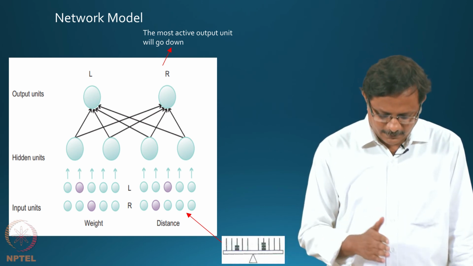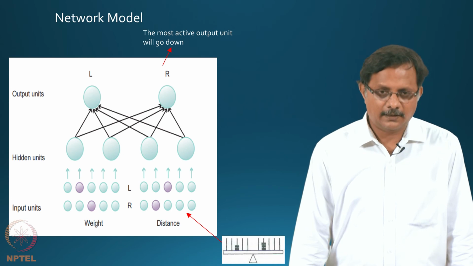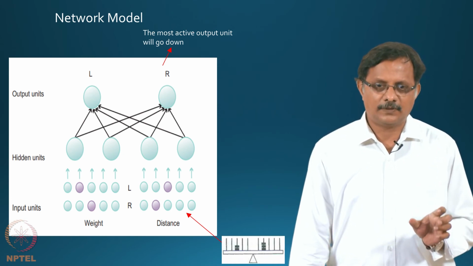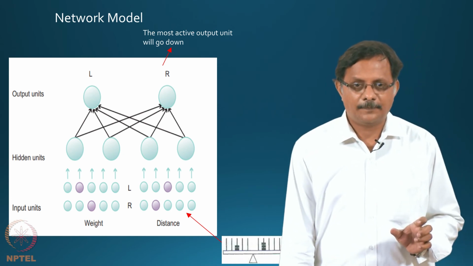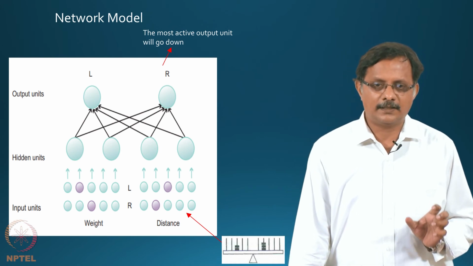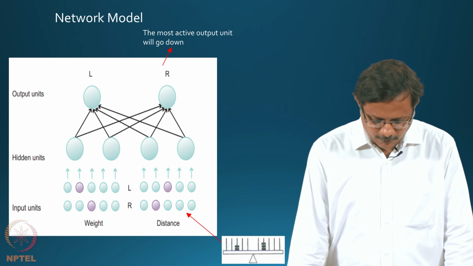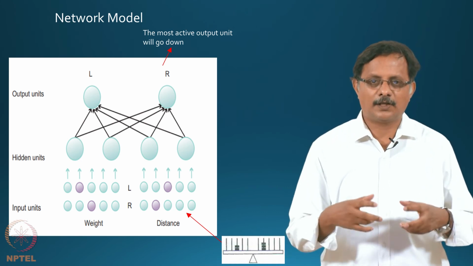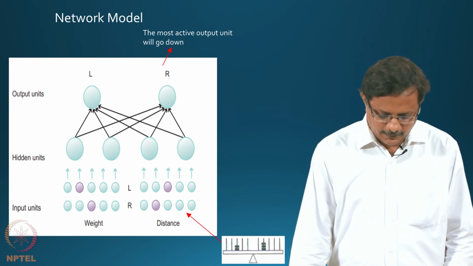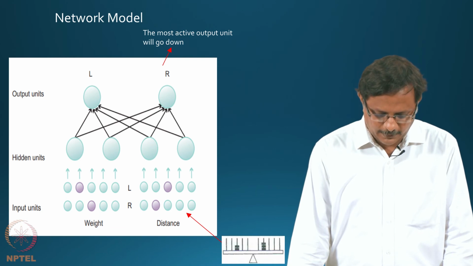So, they are on the left side, and that is the left side and the right side, and on each side there are 2 sections consisting of 5 neurons. So, one section codes for the weight, other section codes for the distance. So, you have totally 20 neurons representing the balance configuration, and this input is given to a layer of hidden